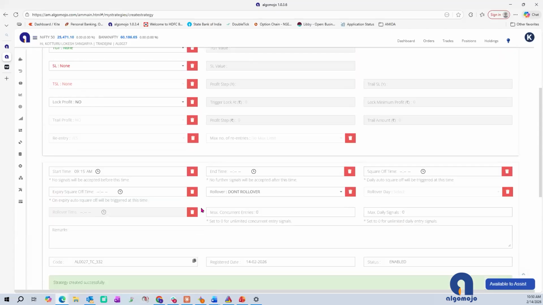The third section has things like the entry time and exit time. If you're an intraday trader, when do you want to square off? Do you want to roll over your positions? And when do you want to roll over? Those kind of parameters can be set in this section, right? So if you